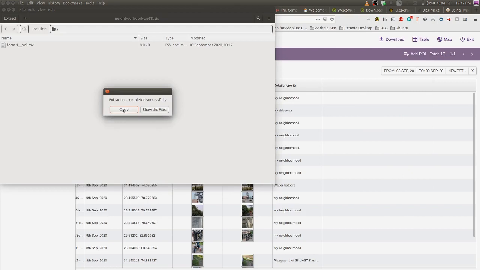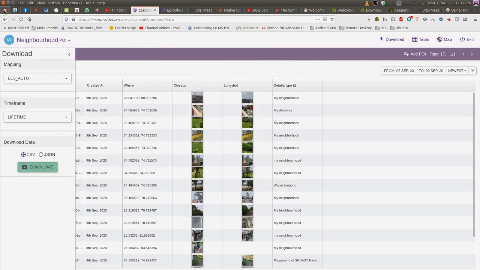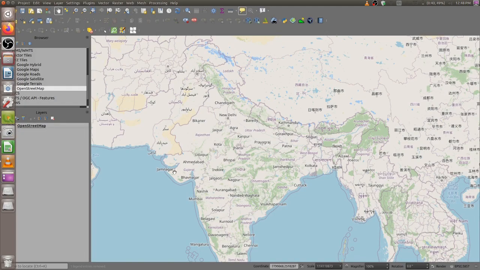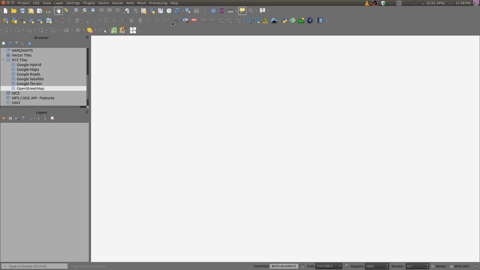Now I can close this, and I will come back to the QGIS desktop. Here I have already opened the OpenStreetMap, and once again for your benefit I will show you how we can open the OpenStreetMap for our QGIS project.